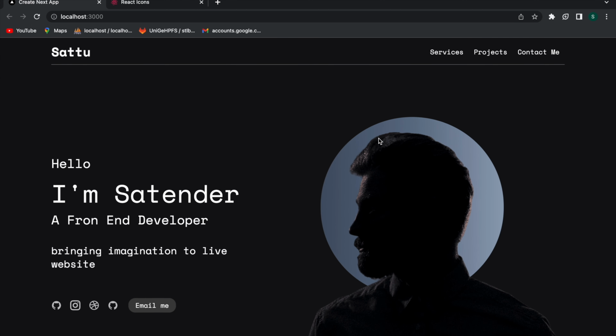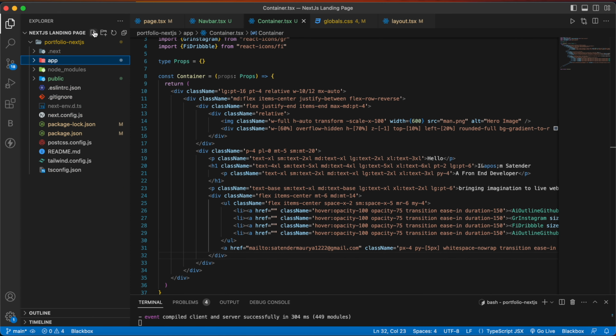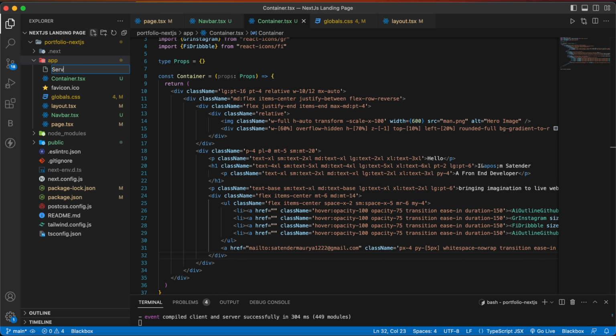And now let's work on our service section, where we are going to make four cards with our services. So let's make a component here at services.tsx.